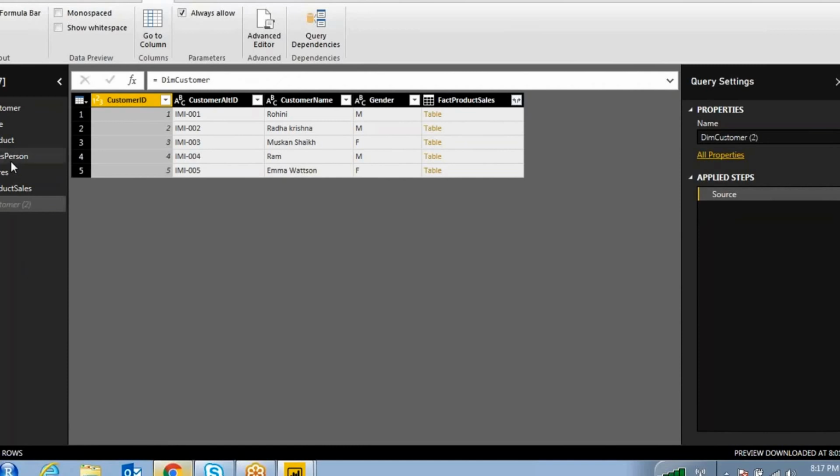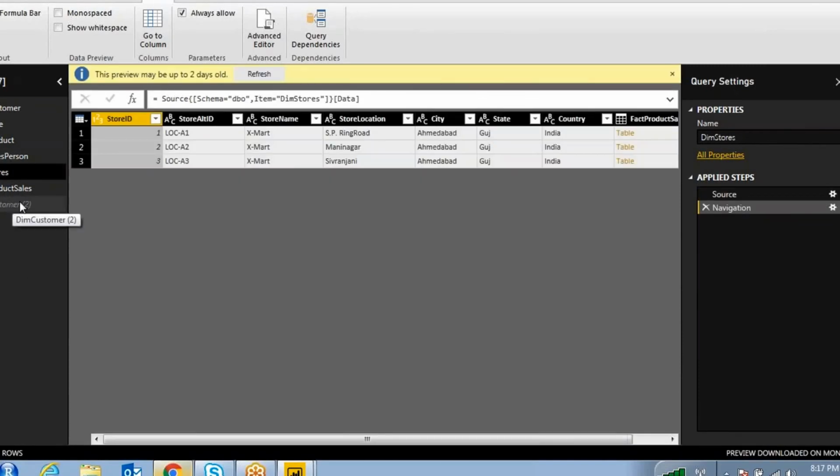If you do like this, going forward this dim customer won't refresh or load any data when you are refreshing your job. That is the reason it is in disabled mode. So that is about query dependencies.